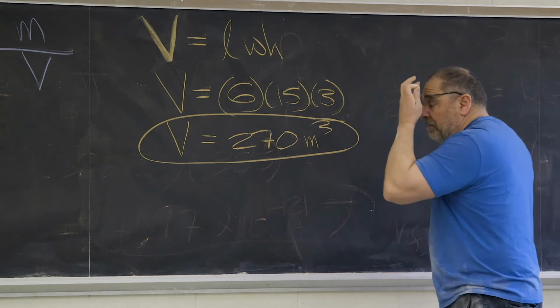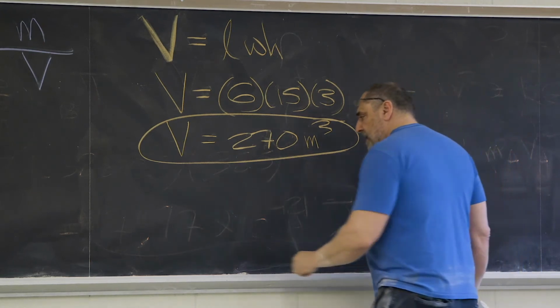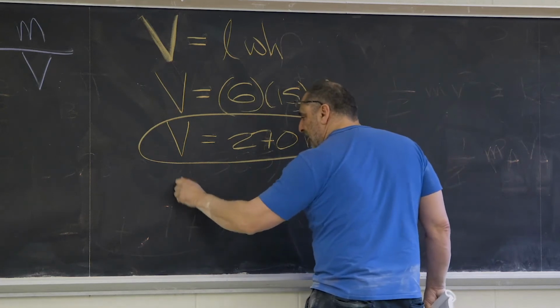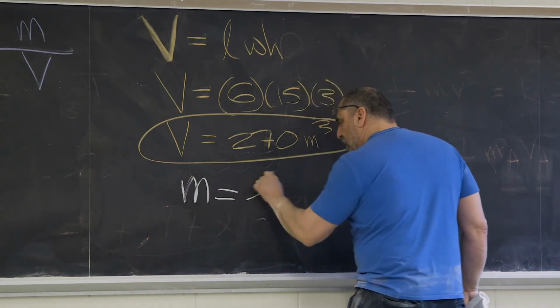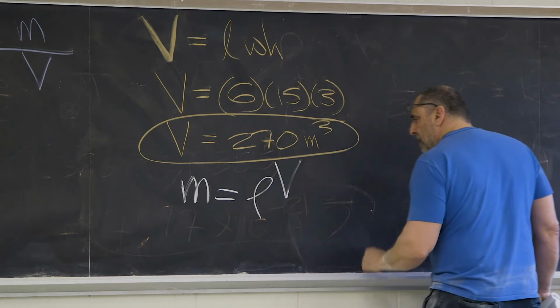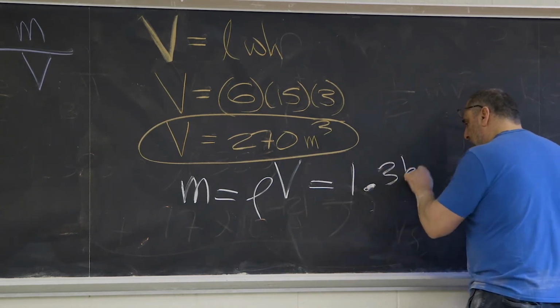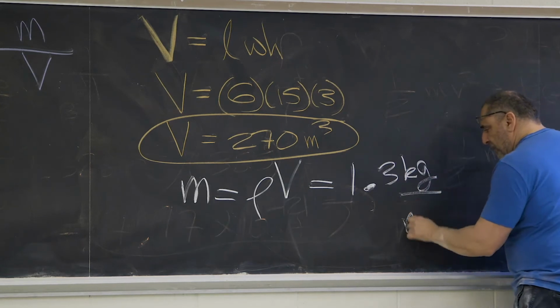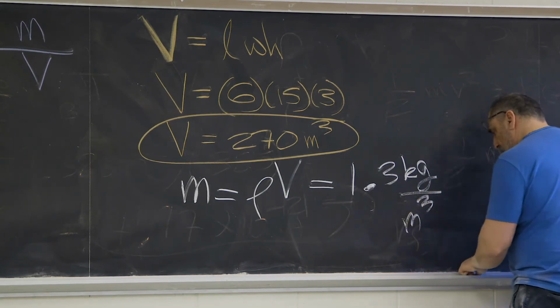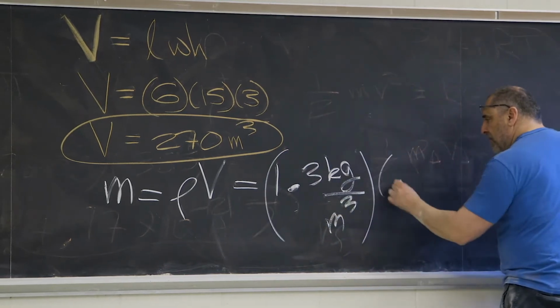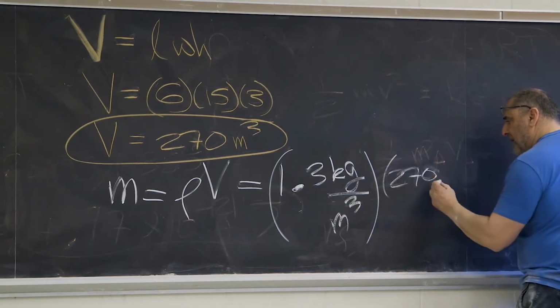If that's the volume, let's find the mass. Isn't the mass rho times V? Isn't rho 1.3 kilograms per cubic meter? Isn't the volume of the space the students are occupying